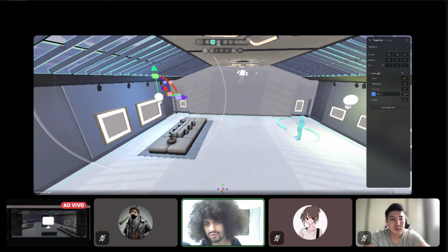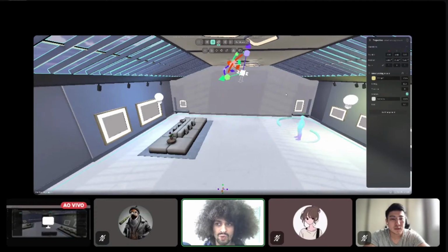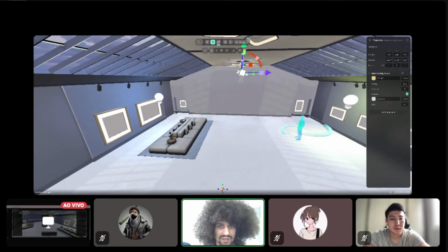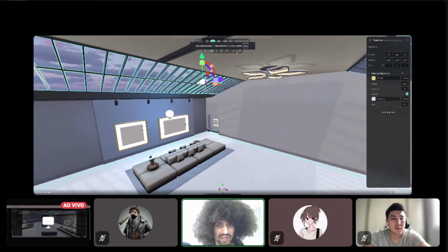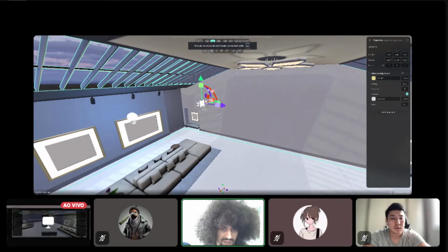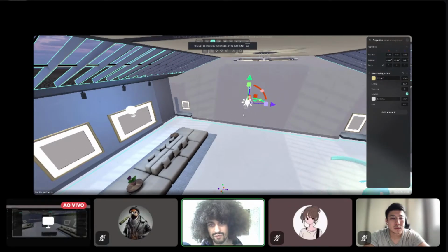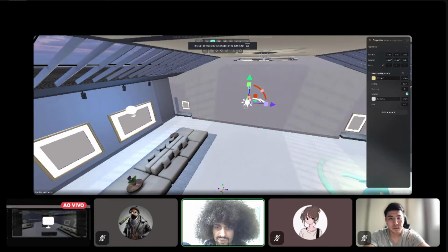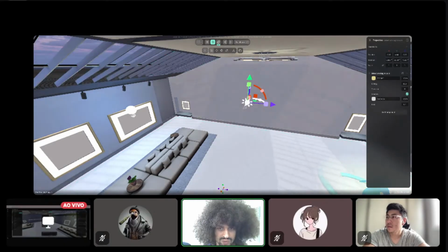In the scene we already have one of those. The directional light works as a sunlight. In the directional light it doesn't matter the position and the scale, but the rotation is very important. As you can see, there is this arrow pointing towards where the light is facing, and if I change the rotation here, you'll see that the shadows are also going to change.